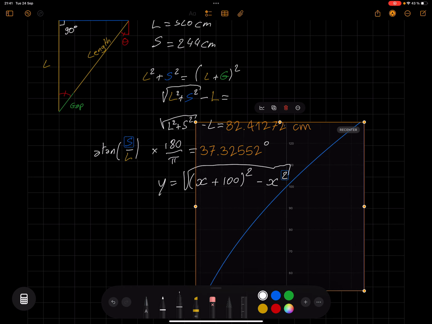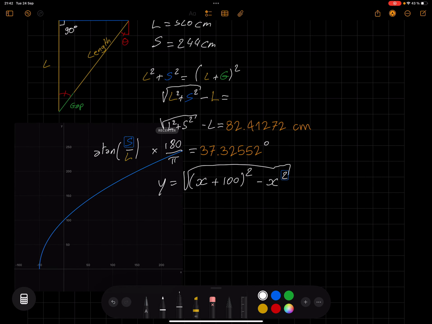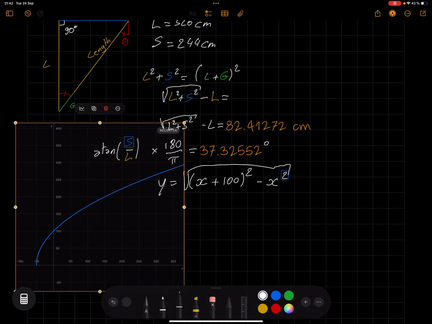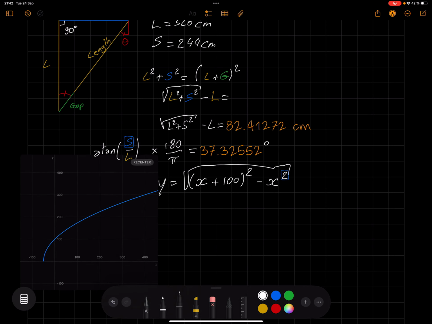Holy crap. Okay, recenter is pushed. It's not working. But this is interesting. So what are we seeing here, for people who care about traveling rings? What we are seeing here is the Y is, as I told, the spacing, and the X is the length. So when the length